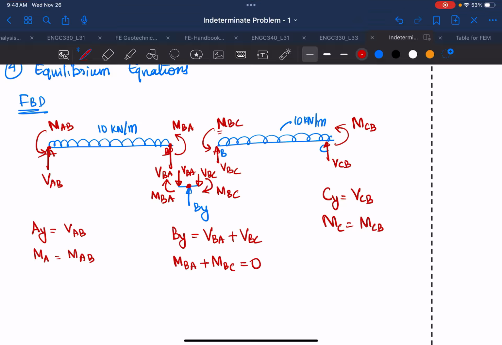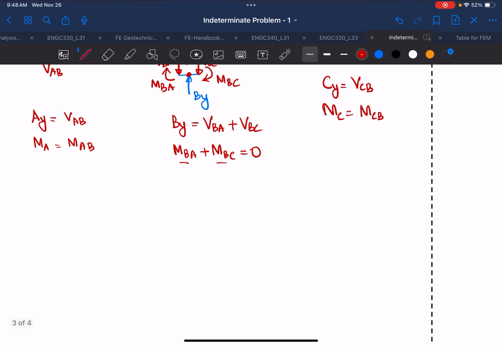So if we take the equilibrium of moment at B, it should be equal to 0, so you'll see that MBA plus MBC must be equal to 0. Okay, so the total moment must be equal to 0, but you know that this MBA and MBC will not be equal to 0. Okay, so these are all the equations that we need. Now we can use one of these equations to solve for all our unknowns. So for the first one, we'll use joint B,